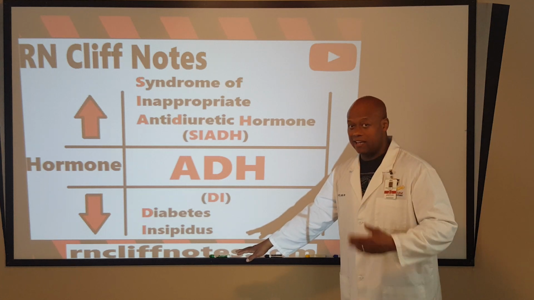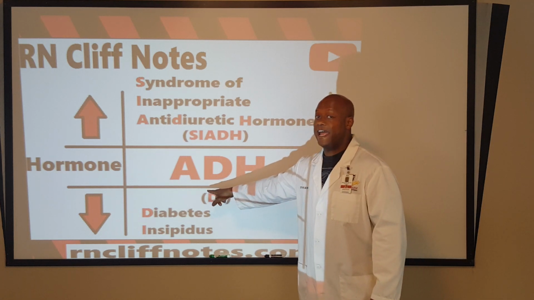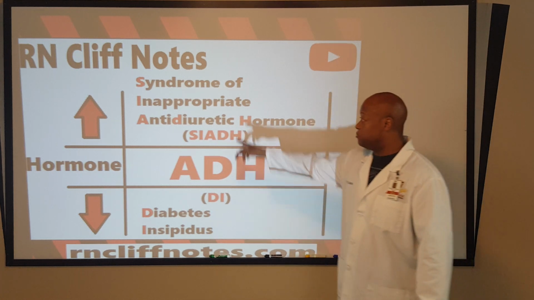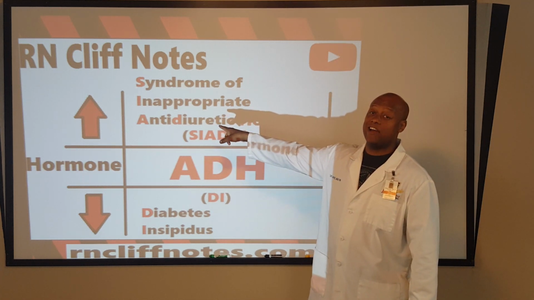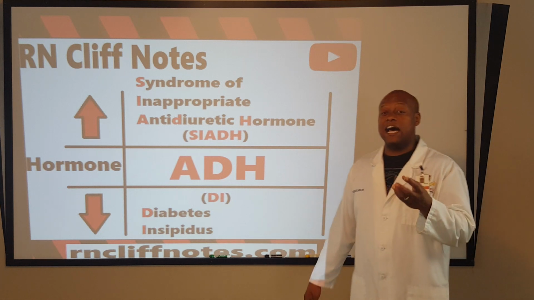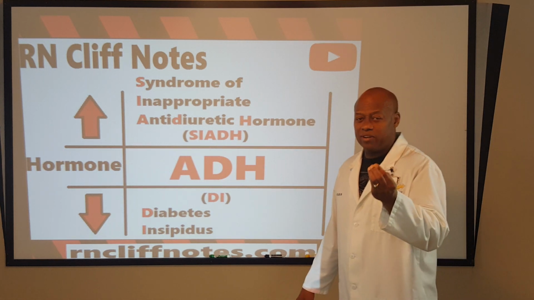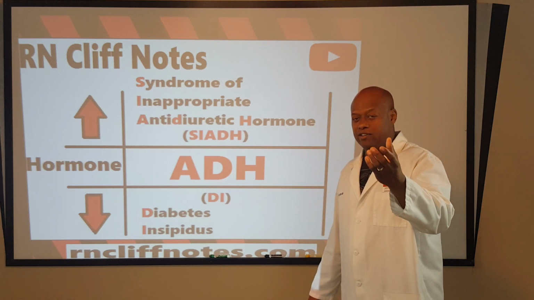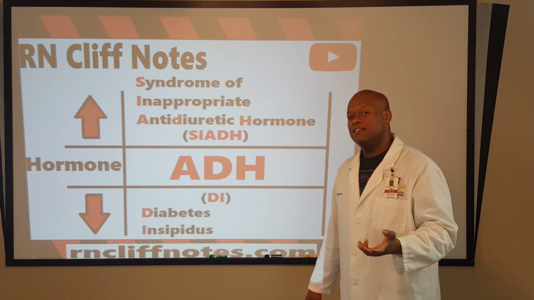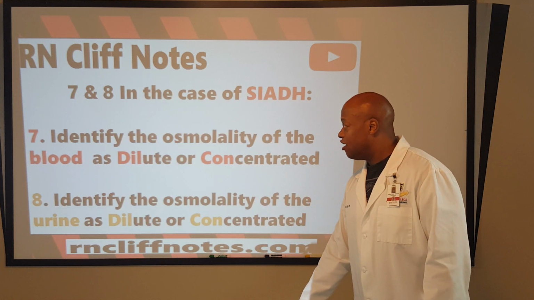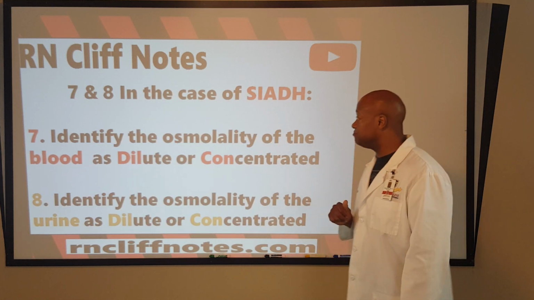Polyuria, letting out a lot. Why? They don't have enough antidiuretic hormone. Absolutely. These people got too much antidiuretic hormone, so you're seeing oliguria in them, or anuria, right? Oliguria, just a little bit. Anuria, practically none, in terms of urinary output. Good, good. Okie dokie. So 7 and 8.